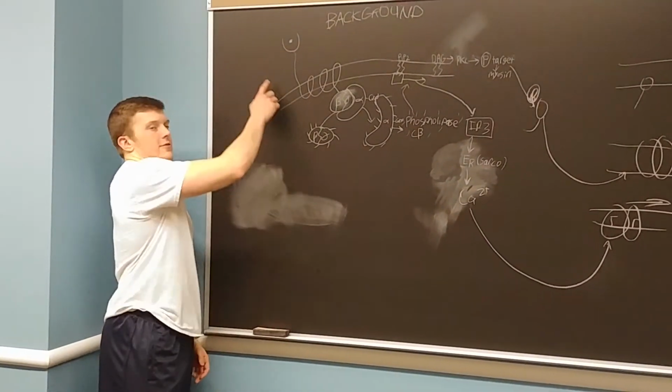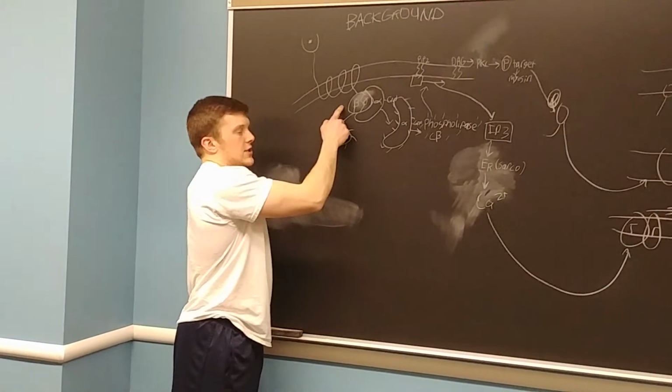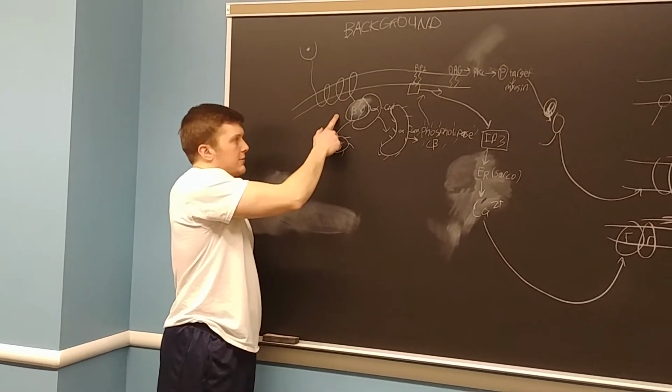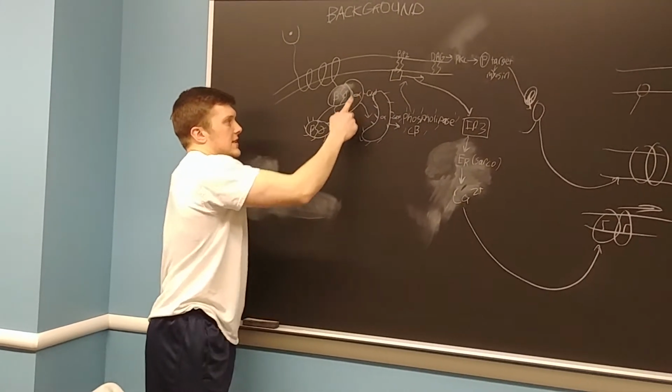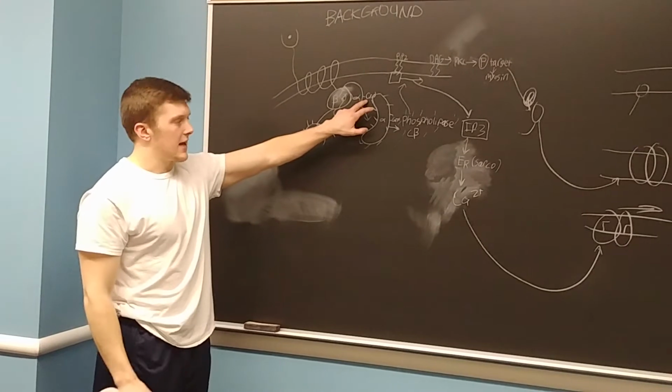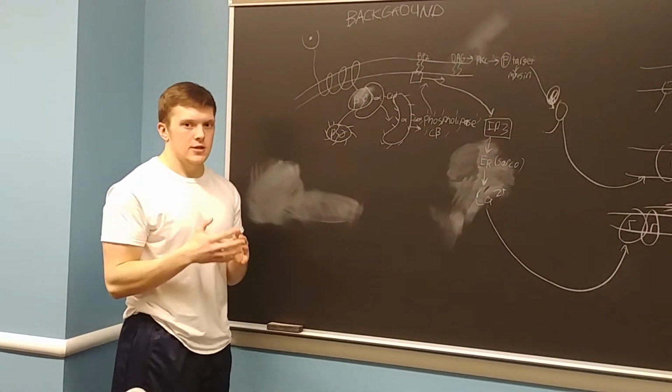So you start off with a ligand, and it goes through the plasma membrane, binds to the GPCR, which is the G protein coupled receptor, and then the conformation changes, and GTP binds to the alpha, and it causes the beta and the gamma to separate,